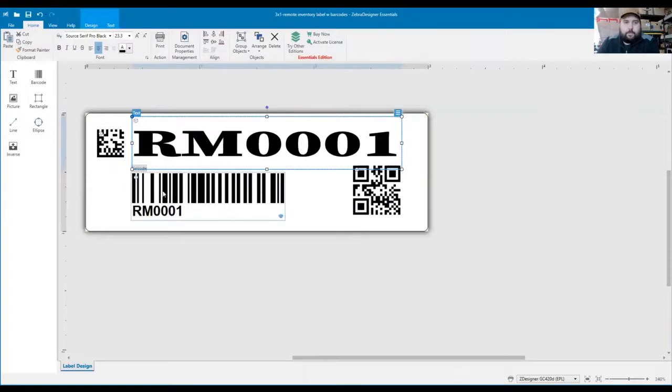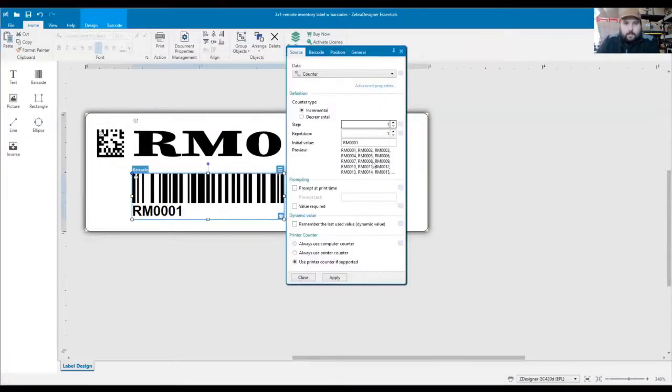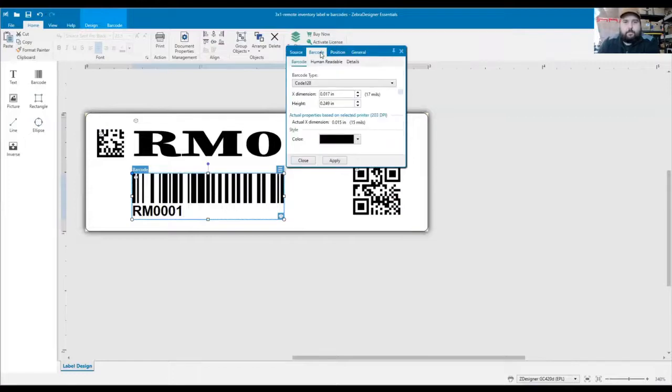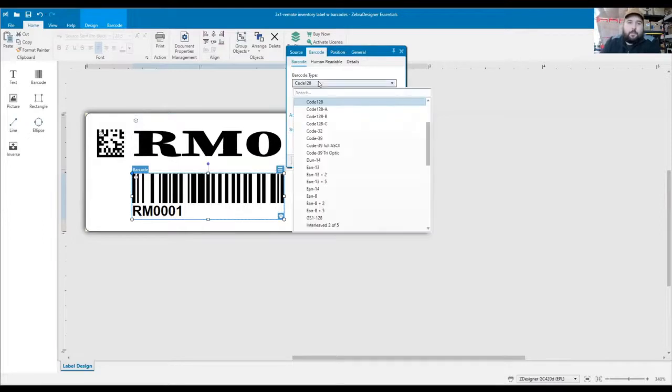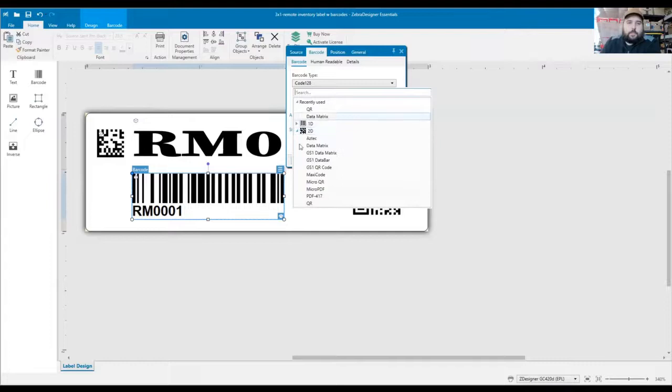Finally, for the different barcode types, I didn't show you guys that. If you go to the barcode tab, in the barcode world, there's what's called code 128. There's another name for it, might be 3 of 9, depending on the software you're using. That is your traditional one-dimensional SKU style barcode. There you can see 3.9 is another similar one. They have lots of them out here, but if you just look at the different 1Ds and 2Ds,